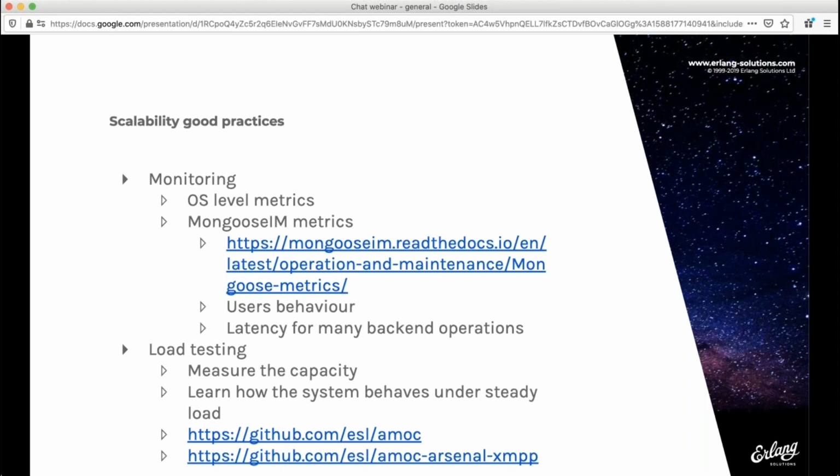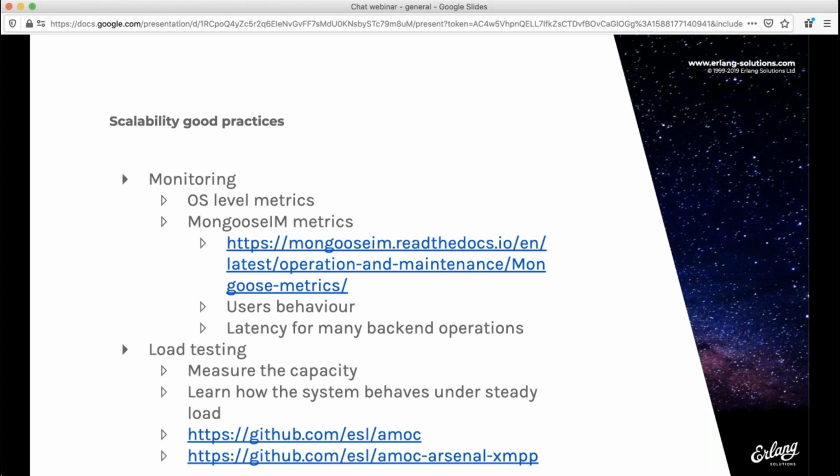start thinking about creating some load testing scenario, because load testing, in my opinion, is also very important when preparing for production deployment. At the very beginning, you may not be aware, or you don't really know what the usage pattern of your users in the system is. But even without that, it is important to start load testing with some scenario which you think may be